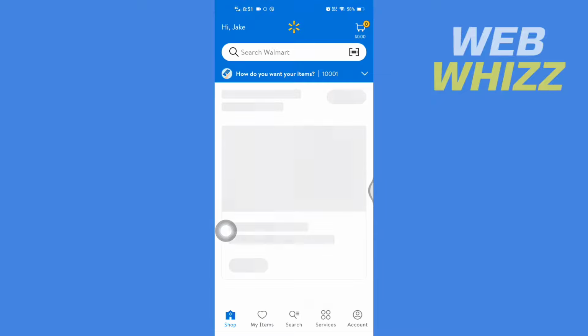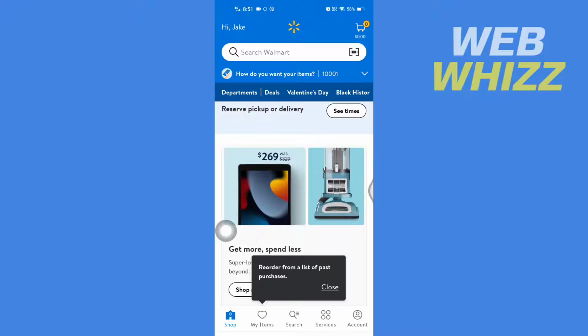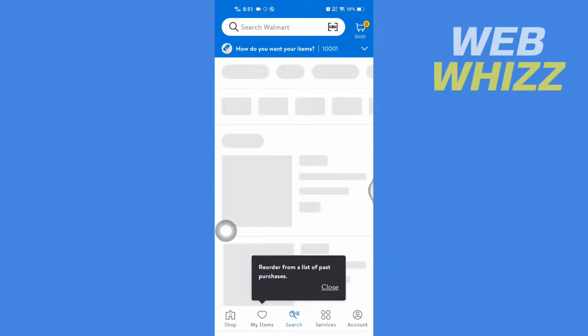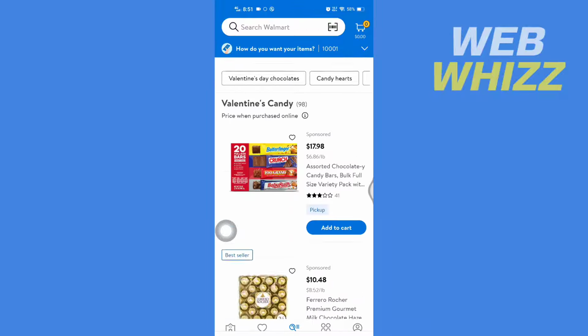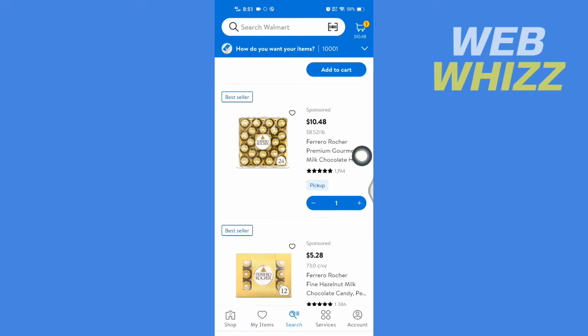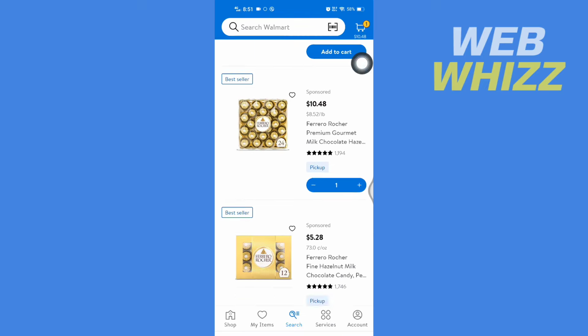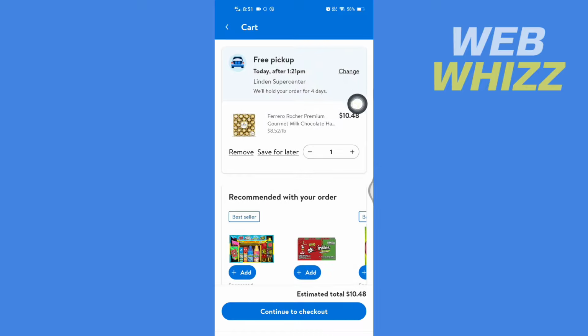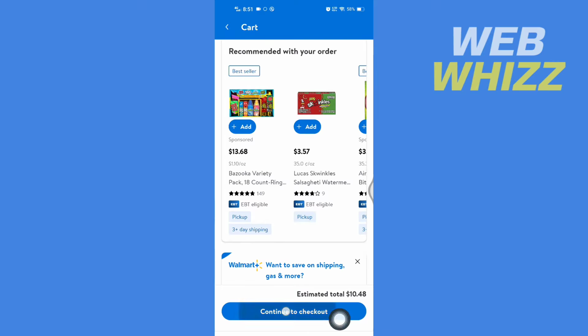Now once you're in your Walmart app, first add the products that you want to buy to your cart. So let me add a product for example just to show you. And then after you have added a product to your cart, go to your cart. Then here you can tap on continue to checkout,